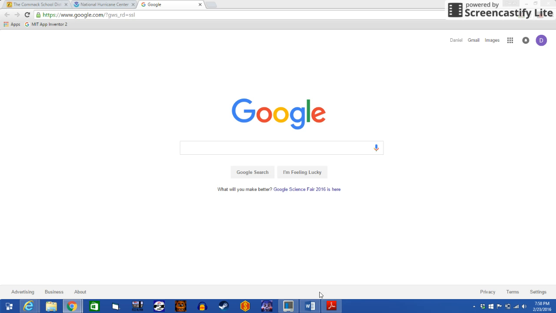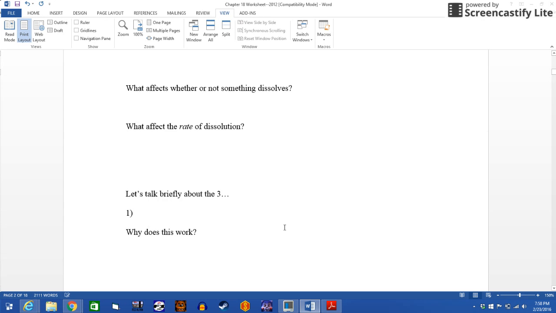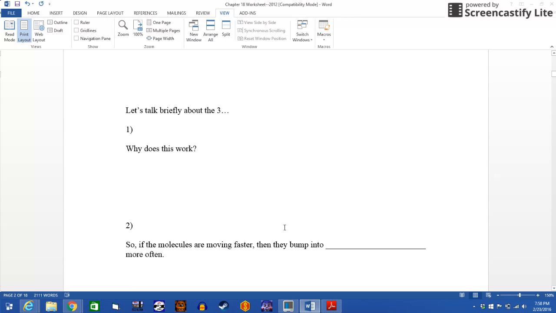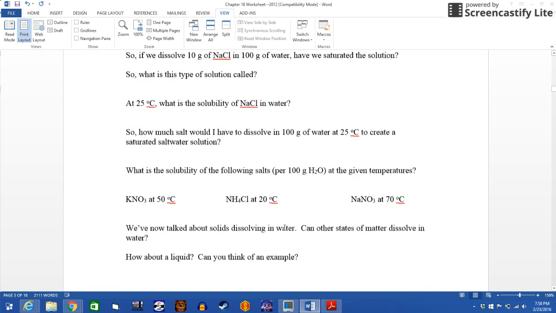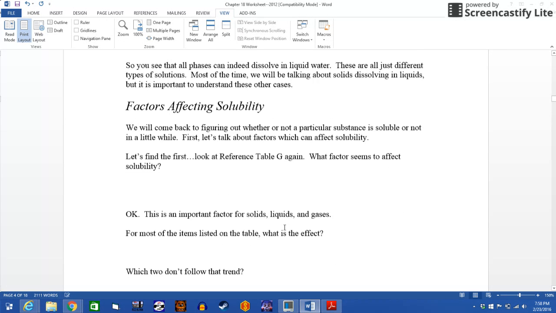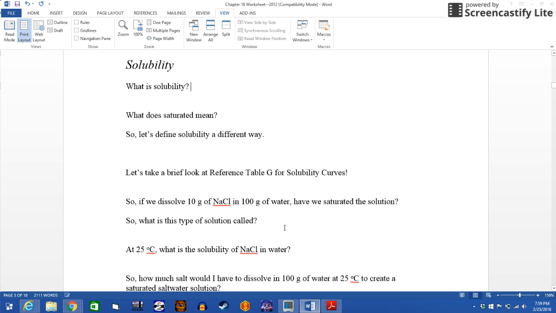Okay, so today in class we spent some time talking about, on pages 1 and 2, the ways solutions are formed and some of the ways to change the rate of dissolution, how fast something dissolves. We may have then skipped this to make room for the video tonight. So we may have actually started talking about ways to change how much can dissolve. And so we've kind of given away a little bit of what's going on here on page 3,